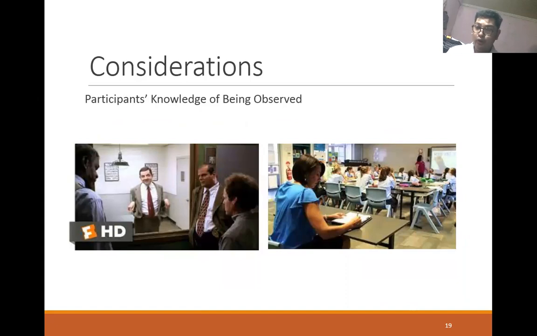So as I said, look at Mr. Bean. This is a very classic show. Mr. Bean, pinapatawa niya doon without the knowledge that there is a two-way mirror and the people outside are actually seeing him. It's funny because Mr. Bean is doing some funny things there. Okay, the second one will be the participant or the respondents or maybe the teacher who is actually being observed during classroom observation by the principal or master teachers.